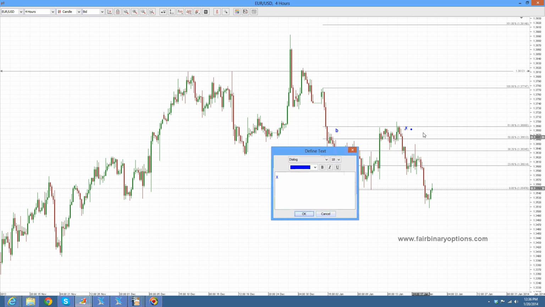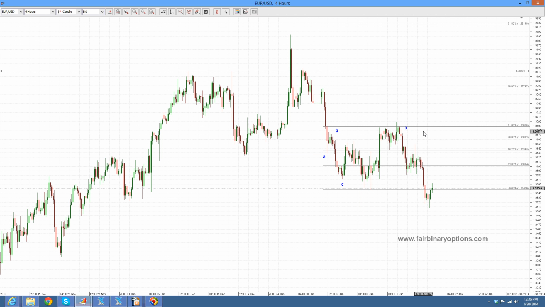Well, it is important because the market basically goes for a corrective wave in the form of an X wave below the 61.8 in order to form a double combination, or if the X wave goes more than 61.8, it's going to be a running variation of a complex corrective wave. It's not the case here, and therefore the next move to the downside should be labeled